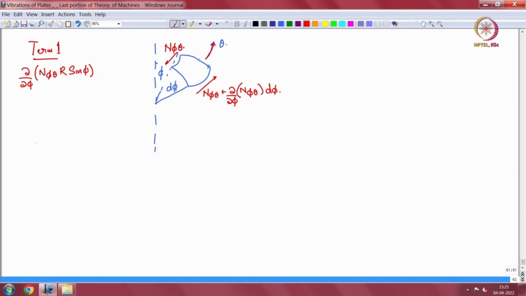These are force resultants, so I have minus n phi theta into r sin phi d theta, plus n phi theta plus del by del phi of n phi theta d phi, and this length is also incremented, so I need r sin phi plus d phi d theta